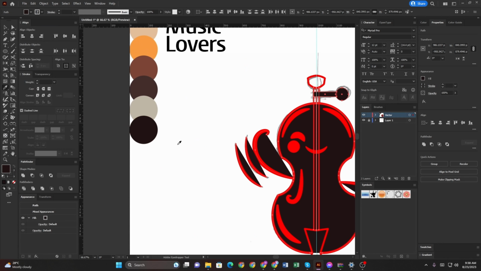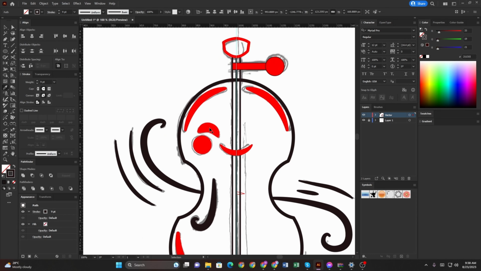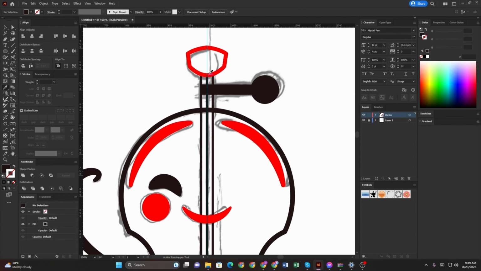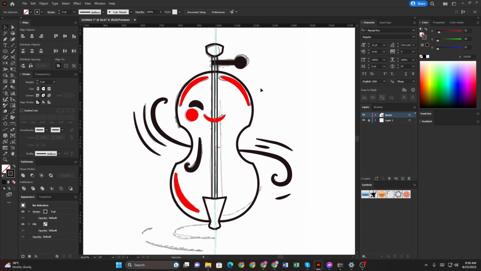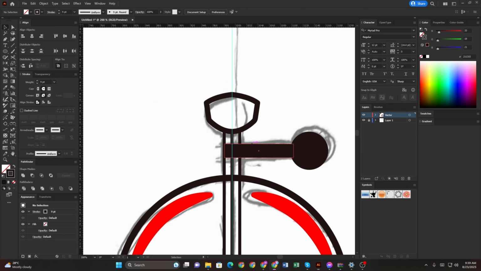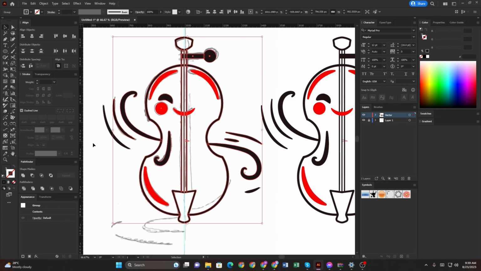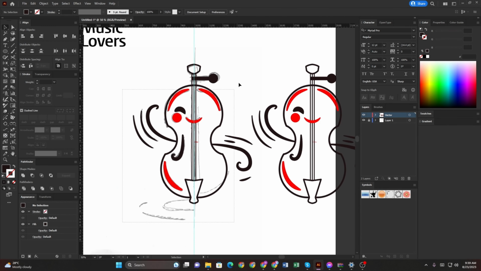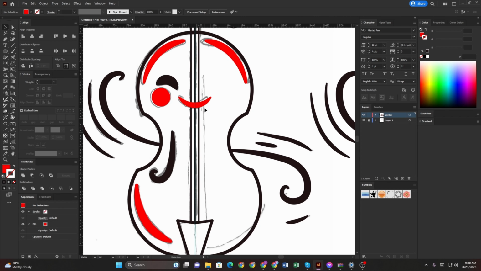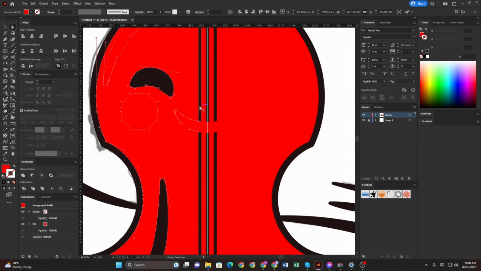Now color selection. Now select a shape and select logo for color.